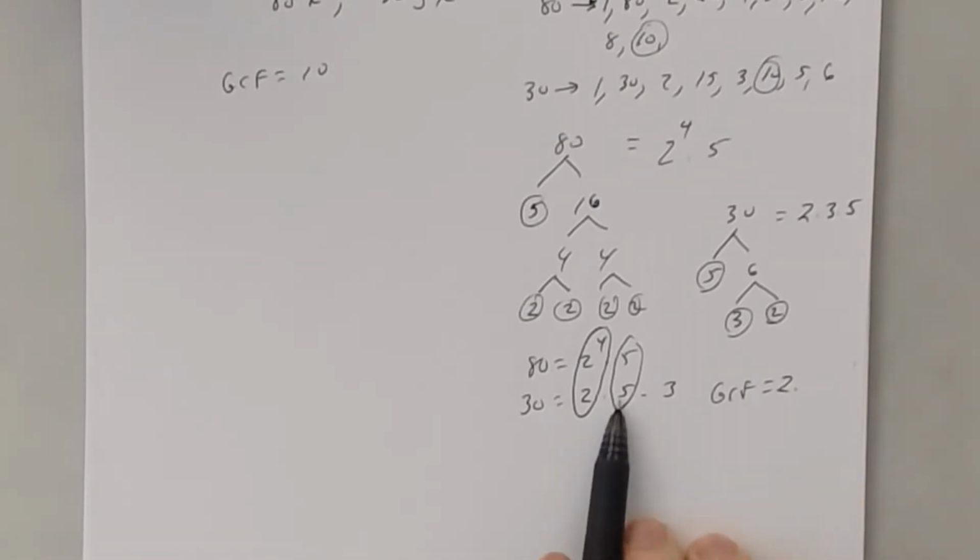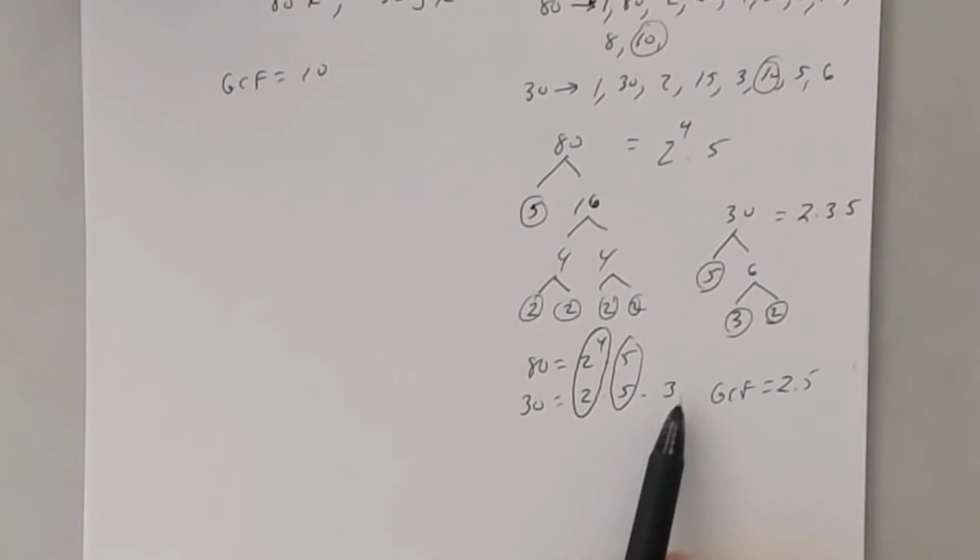Now I circled 5's because they have 5's in both composite numbers as a factor. How many factors of 5 are in this one? 1. How many factors of 5 are in this one? How many do they have in common? 1. I don't have 3 circled, so I can't use 3 because there's no factor 3 in 80. So it's 2 times 5? 10. Okay? All right, now,